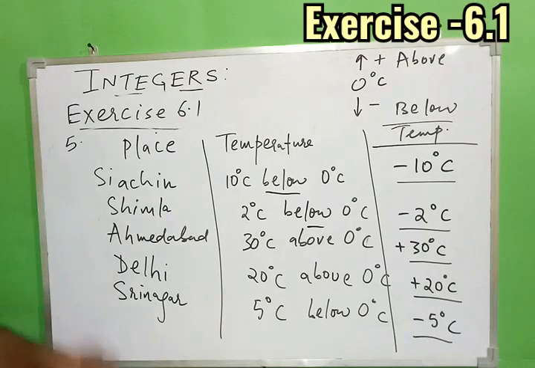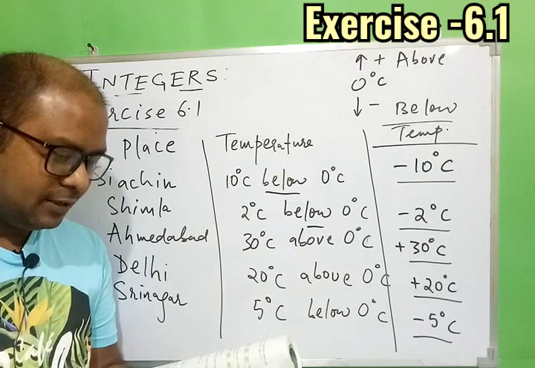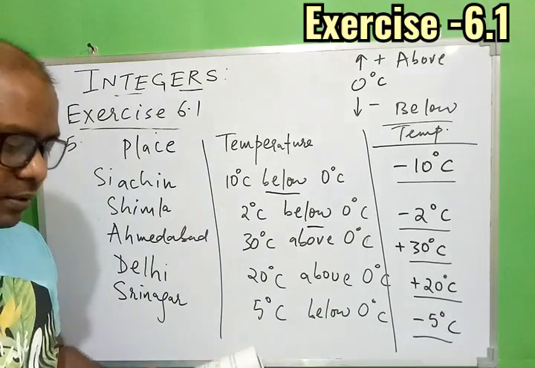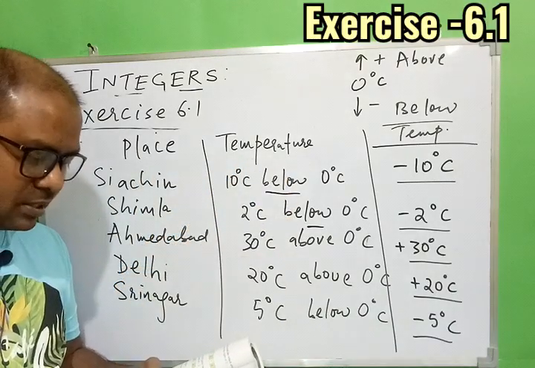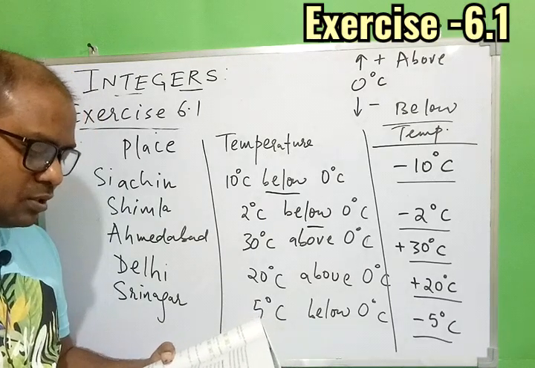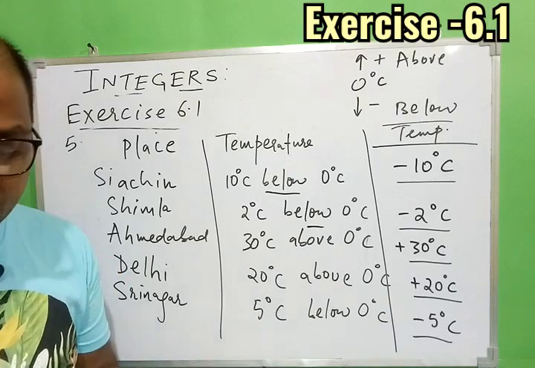form. Now based on this, certain questions are asked, so I am not writing the question but I am giving the answer directly. That is very first, the temperatures to be written in the column in the form of integers, that is already done. Now based on this, the question is which is the coolest place where the temperature is minimum. So it is understood,